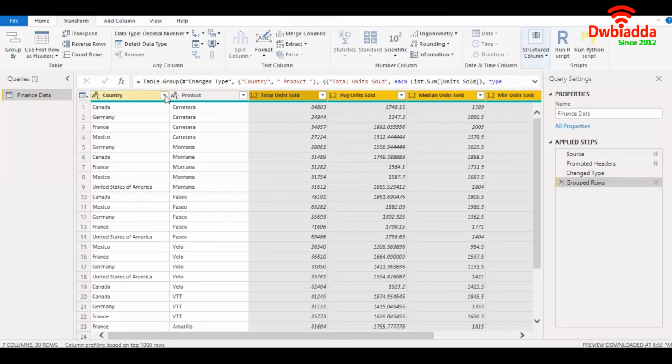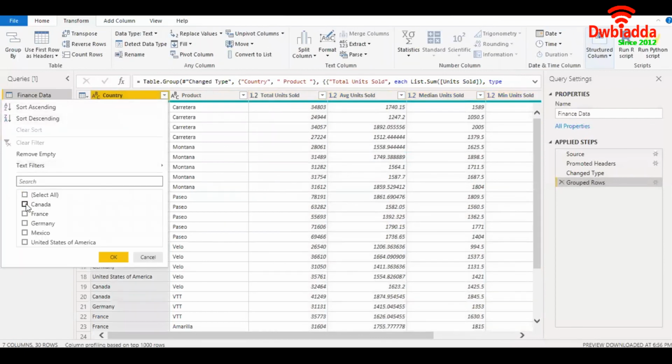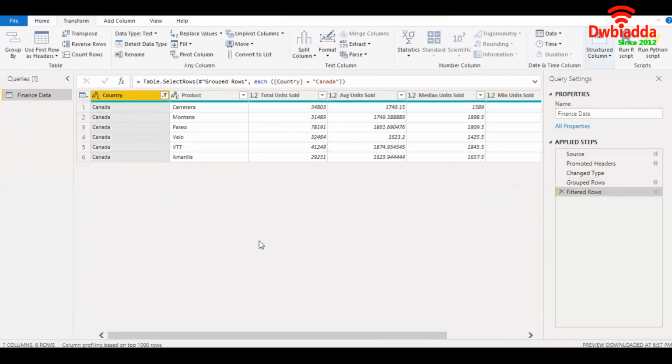And there we are. Let's filter out a country. Let's say Canada. So the data which I showed you in the previous step was basically at a country level. Now I have broken the data down into a country and various products within a country. So I have again total, average, median, minimum, and maximum units sold within a country. So you can use it to perform various operations on the data, and you can add more levels of aggregation if you want to. It is a very powerful tool that would help you summarize and analyze the data in a very intuitive manner.